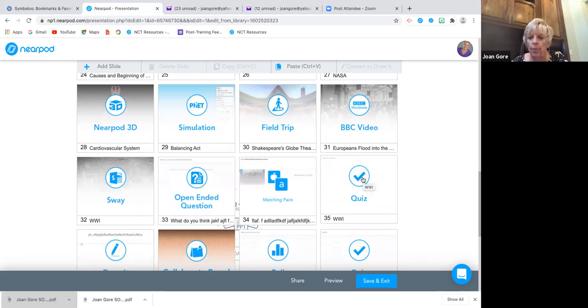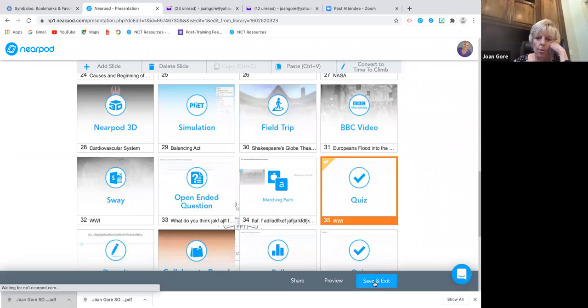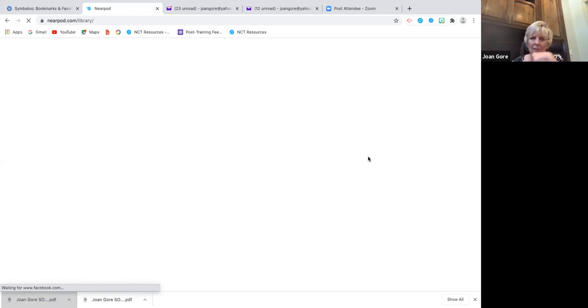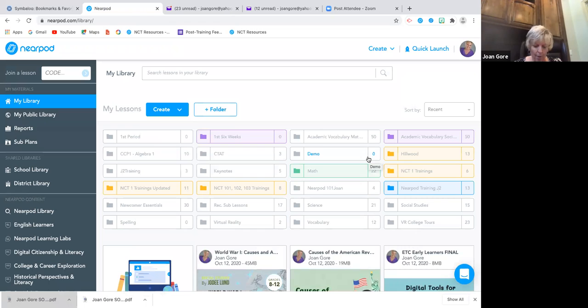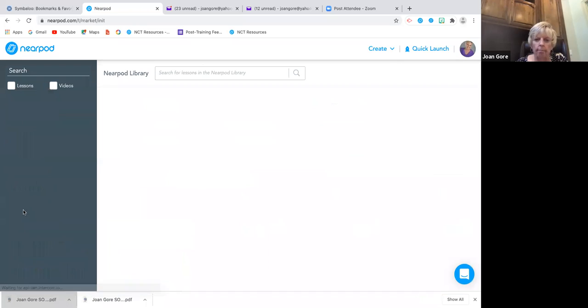It says so. So if I want to now, I click on my quiz, and notice this was not there, but it popped up because it was a quiz, and it says convert to Time to Climb. So I could take this quiz and put it in that game format. So those are just a little extras down the line that you may not jump on right at the beginning. But my suggestion always, when you're getting started, is to go to the library,